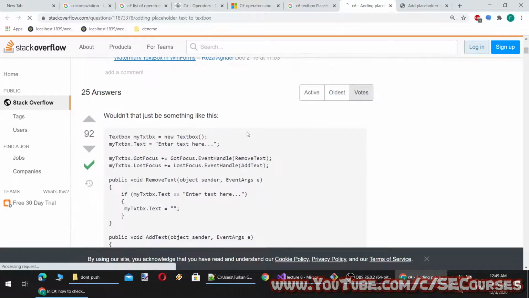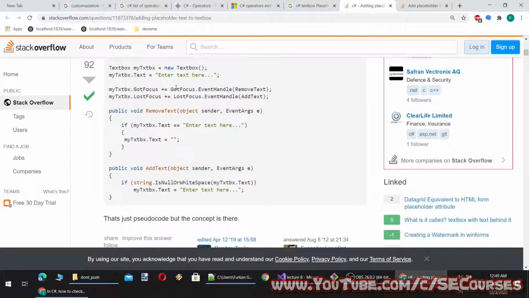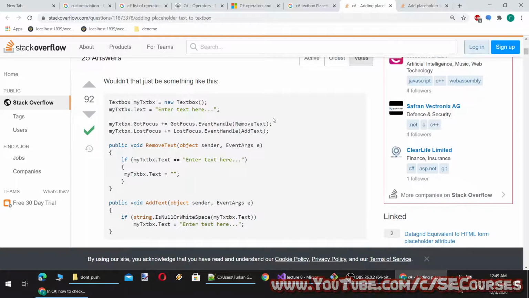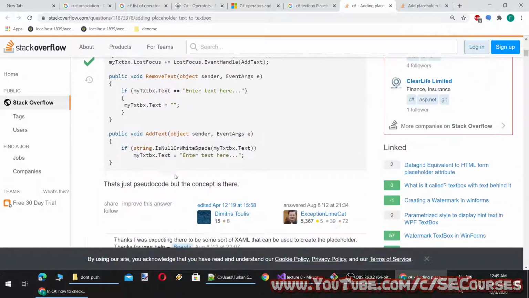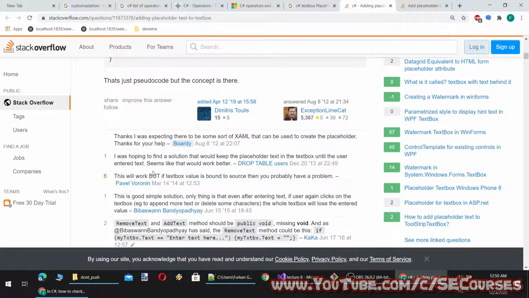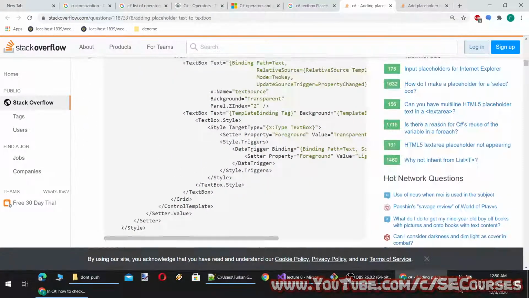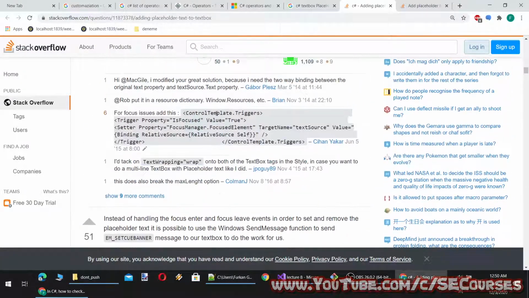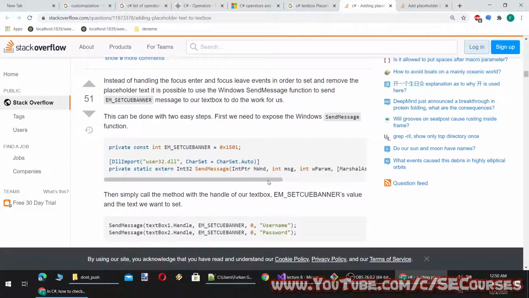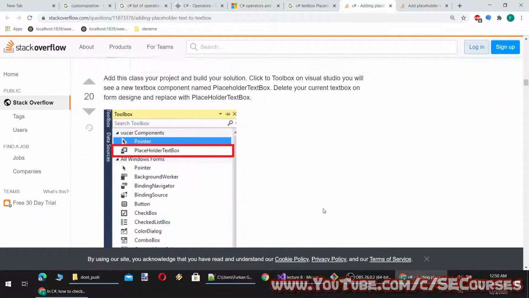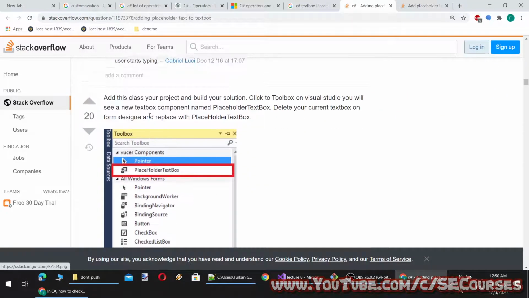Okay, it's already asked. I think this is the only way. Okay, you see got focus and lost focus event handle. Oh, he has provided some. Oh no. Yes, yeah. This is the same method we have used. I wonder if there is any others. Yeah, there are some XML solution. There is placeholder text.